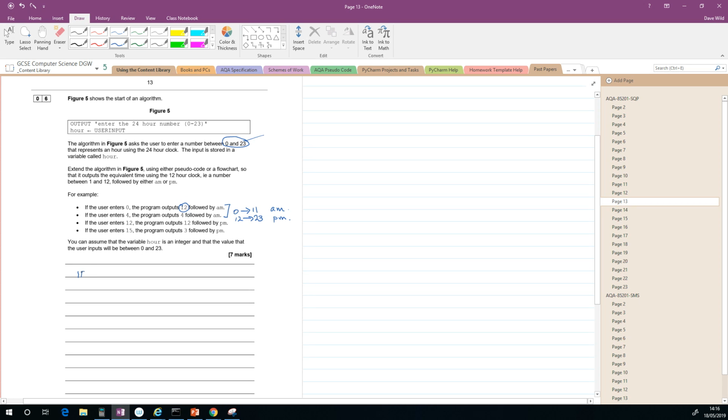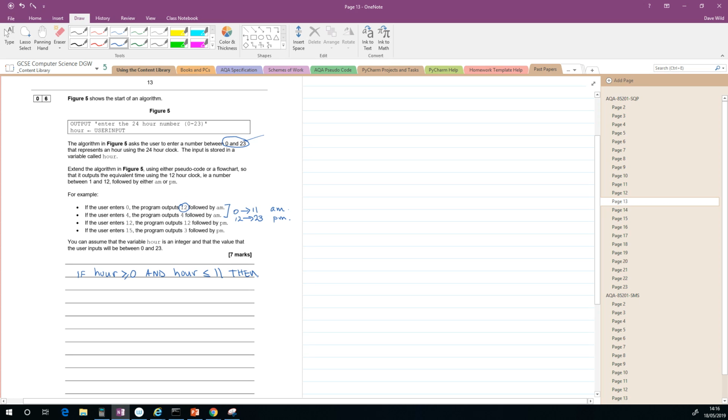We need to see if the number that's been put in, which is the hour, is between 0 and 11, so we need to be greater than or equal to 0, and we should probably put and as capitals. You'd get away with it not having it as capitals, but and hour is less than or equal to 11,